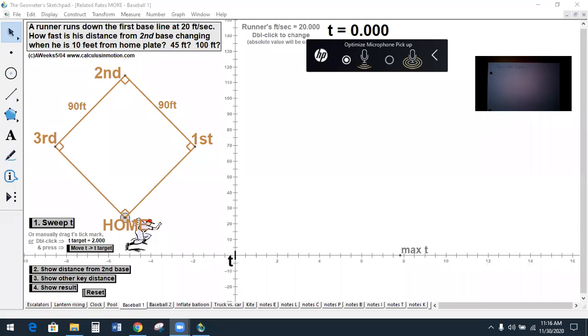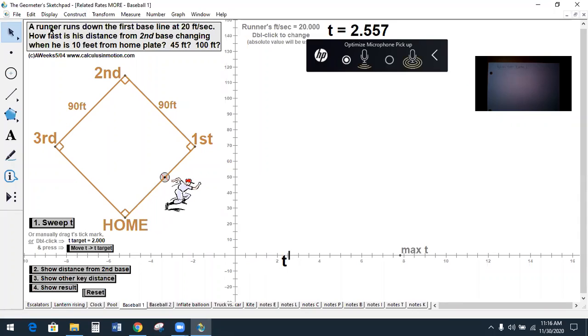Right, so this is the first one we're going to look at. A runner is running down the first baseline at 20 feet per second. Here, I can make him run. This is actually kind of funny how this goes. He just keeps on going. And I get that, that's what you do in real baseball too, because you don't want to slow down as you get there. You want to keep on going, but it's just funny that he keeps running off of the